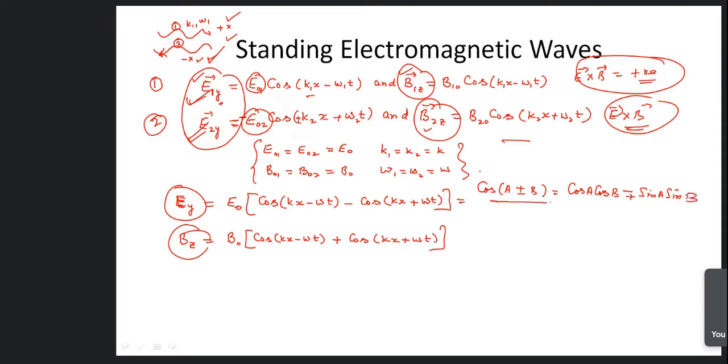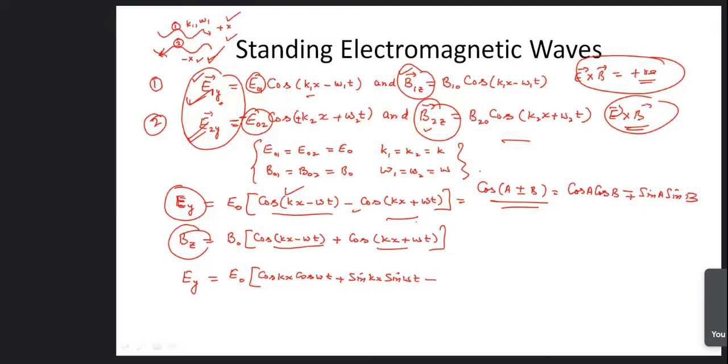So using this relation everywhere here, because I have all the cos terms, sometimes cos kx minus omega t and sometimes cos kx plus omega t, I can write that Ey is equal to E naught, and using the cos a minus b formula, cos kx cos omega t plus sin kx sin omega t,